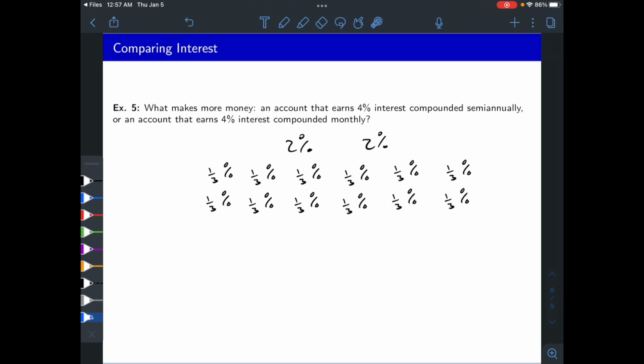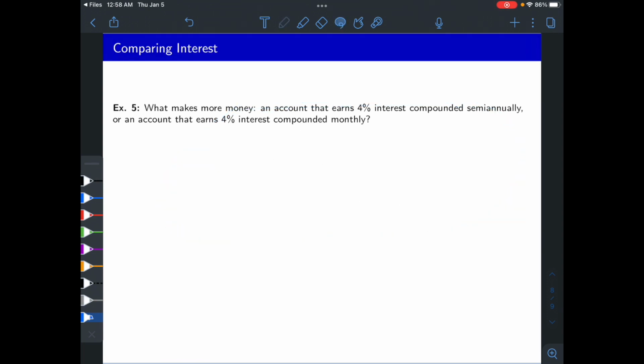And so if these interest rates were different, like if the 4% were split up over 12 months versus 8% split up over 2 months, then the percentage is going to make a bigger impact here. But if you're just equating it 4% for both of them, then compounding more frequently is just going to make you more money. So let's verify this a little bit more mathematically,